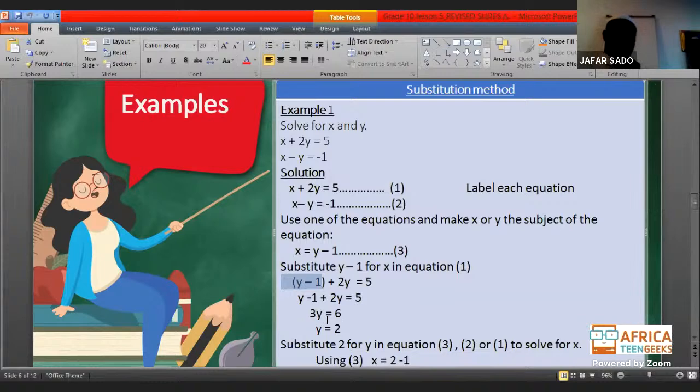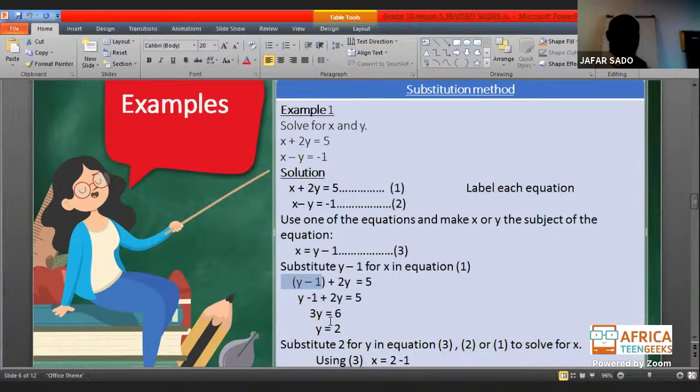So now 3y equals to 6. Therefore, y is equals to 2. Like that, we get our y as 2, right? So we have been able to get our value of y as 2. So once we get our value of y as 2, to find our value of x, what we do, we substitute the 2 for y in any of those equations, maybe equation 1, equation 2, or equation 3. So once we get the value of our first variable, to find the second variable x, we